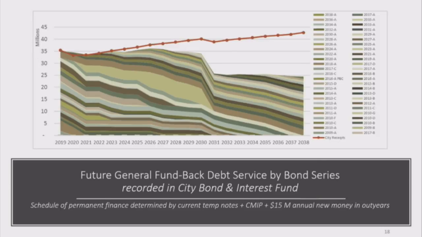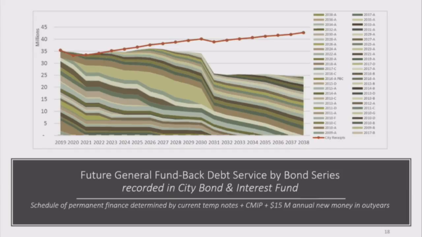We're estimating that we built in $15 million per year. Now you will notice that in 2020, expenses do exceed revenues by a small amount. I think it's about 1.3 to 1.5 million here. But we do believe that we have reserves that can cover that, or if our revenue estimates are more conservative and come in a little bit higher, it would be able to cover that.